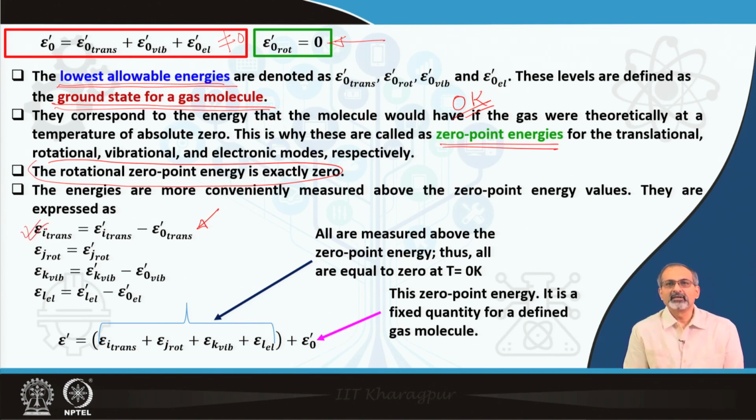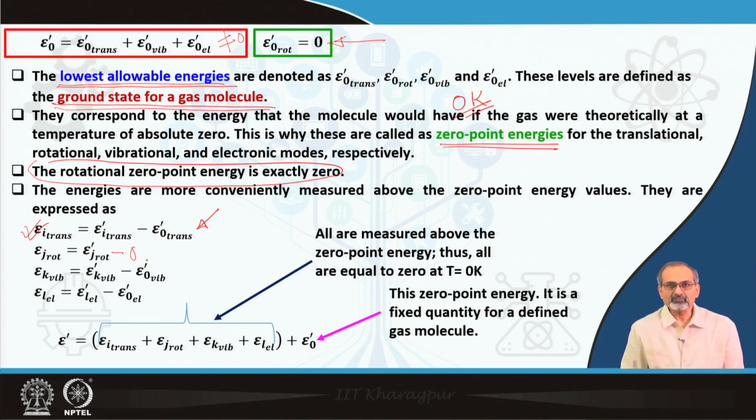And you may recall that in one of the previous expressions, where we were talking about the connection between kinetic energy and thermal energy, we had used an epsilon expression without a dash. So, now you can figure out what we were trying to mean by the difference in nomenclature that we were seeing over there, one epsilon with a dash, the other without a dash. And here, because you have exactly 0 value for the ground state for the rotational mode, we therefore have not subtracted any